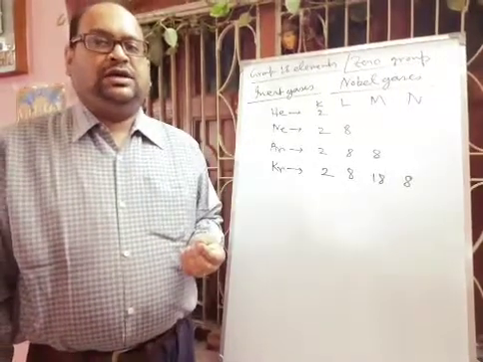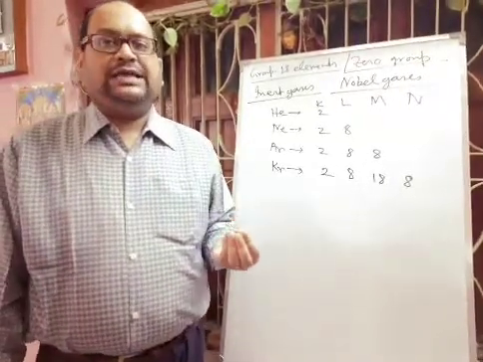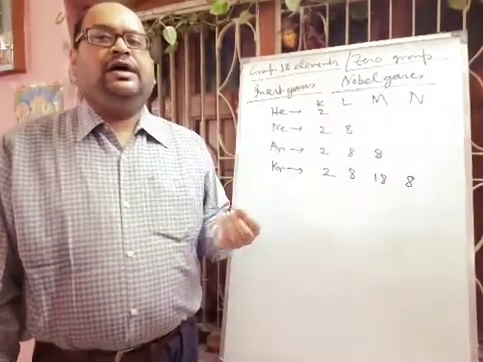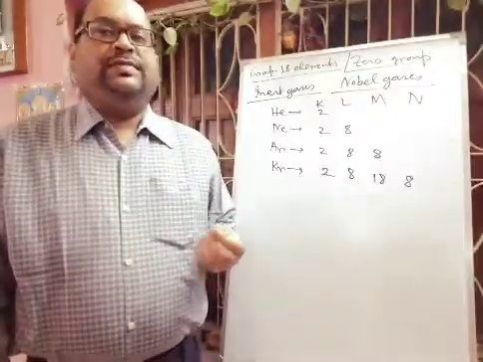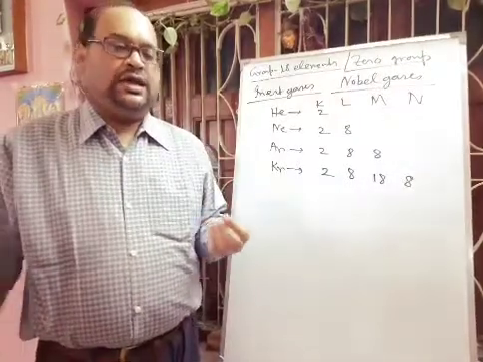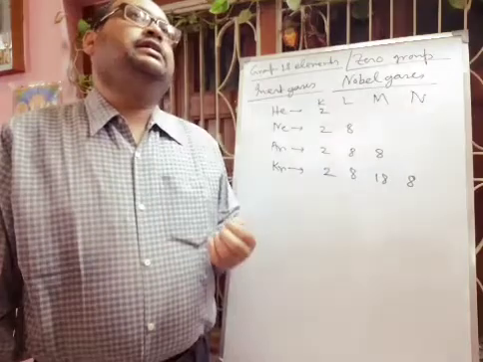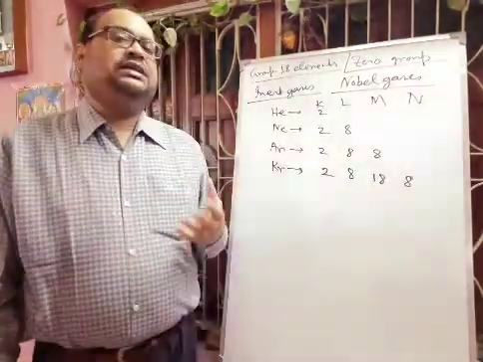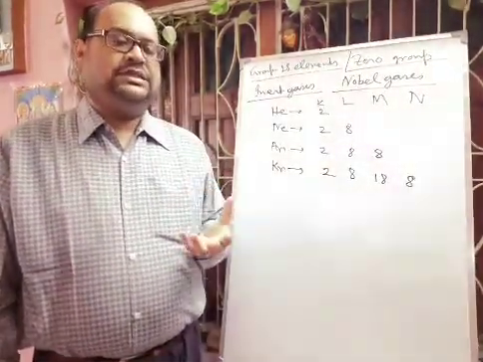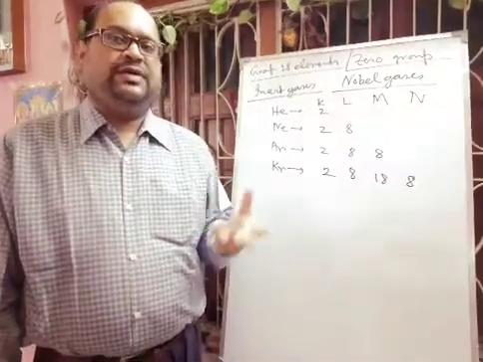And if neon gas is mixed with a little mercury vapor, then it will give a blue light. And if you take some argon gas and mix it with a little mercury vapor in the discharge tube, definitely it will give a very beautiful color, that you will get some green color. So in this way, these noble gases, that means helium, neon, argon, krypton, they are showing different colors.